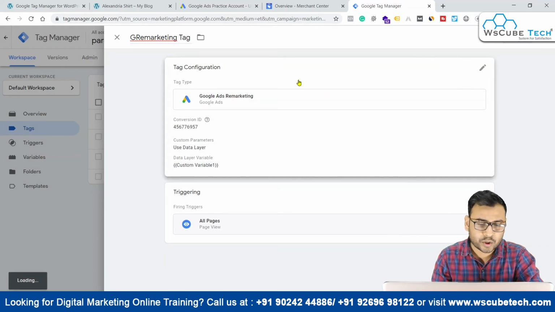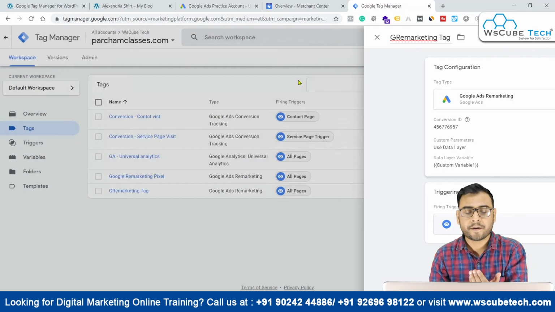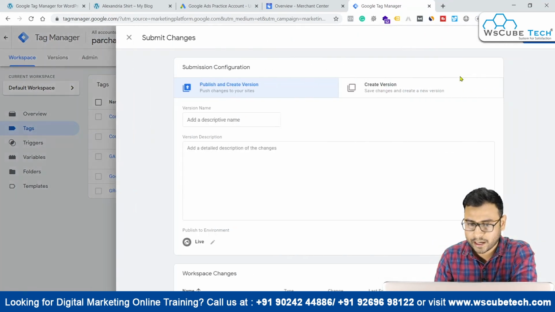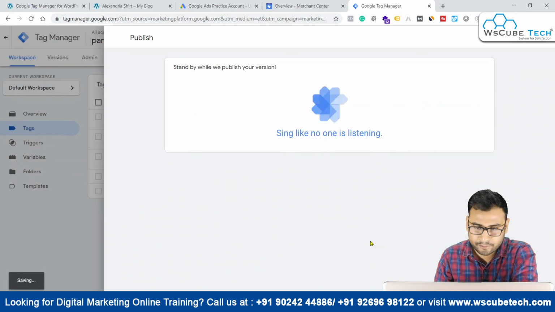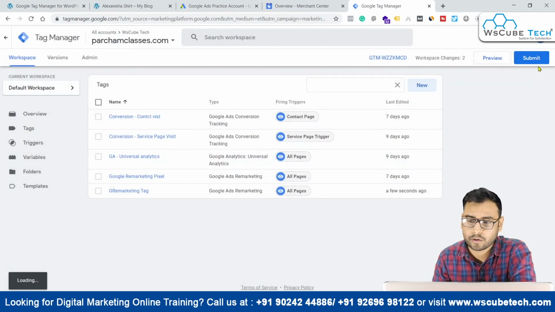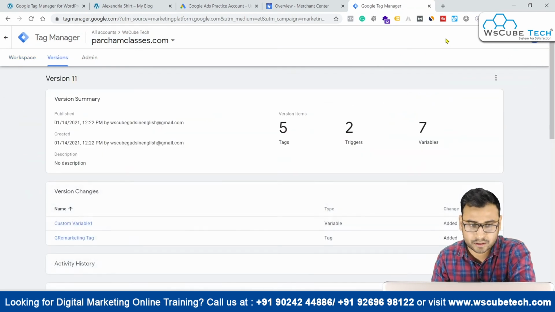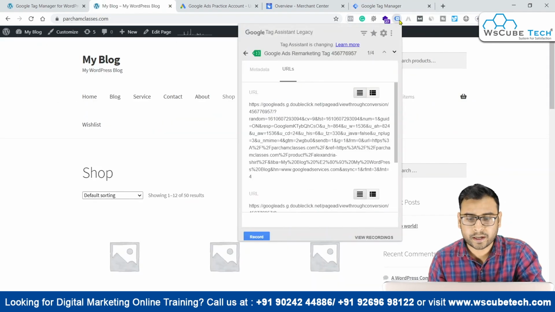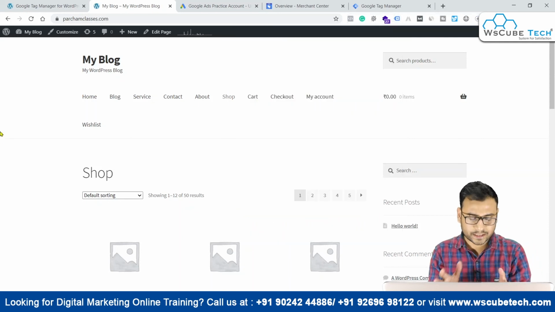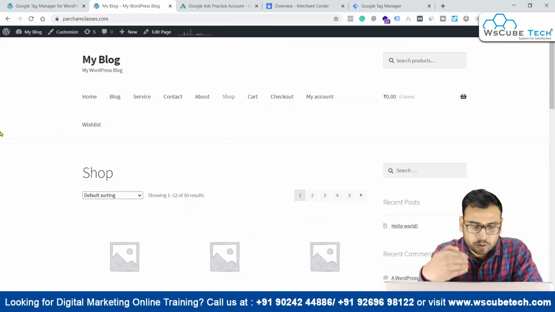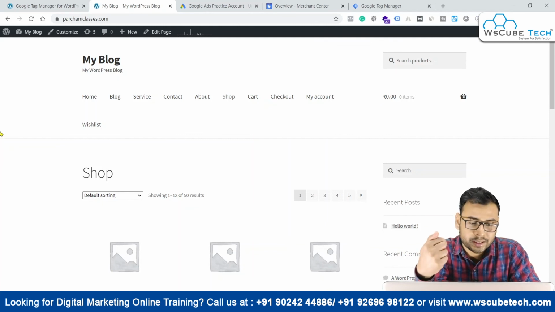Now, the basic configuration which is required to run dynamic remarketing campaigns is all done. Now we have to publish this, and if we want to see whether everything is configured properly or not, we can use any debugging method over here. As you can see, we have our Google Ads remarketing tag installed. So these are the basic settings that you have to do or understand before actually running your